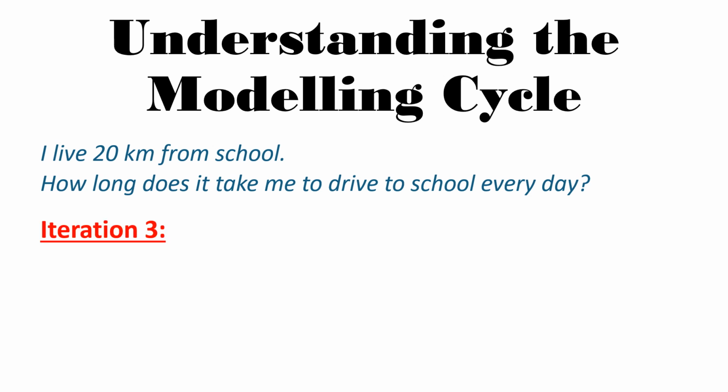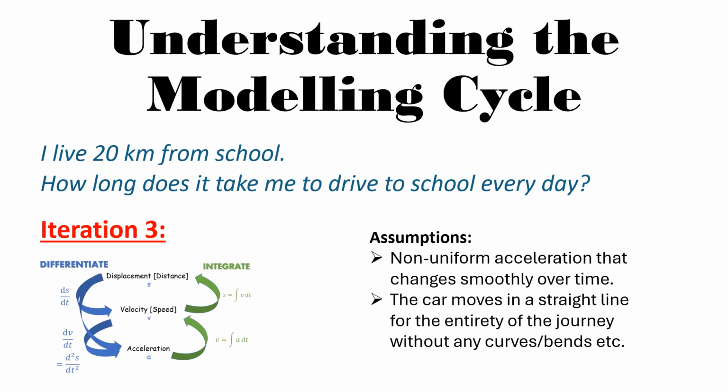So the last iteration, iteration three, and three is a good number. You're not limited to doing three, you could do more. Two probably could be okay if they're good enough. Three is a good safe number. So iteration three, we would look at using the idea of differential equations and calculus. So it's non-uniform acceleration. So the acceleration is not a constant. It is maybe a formula, it may be dependent on the velocity or so on, but the second assumption is